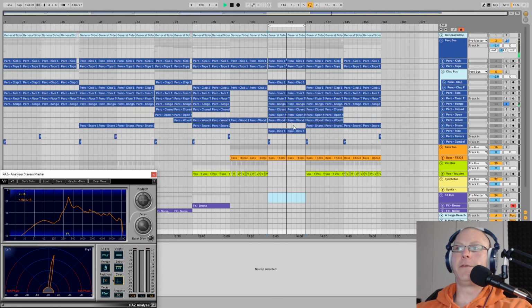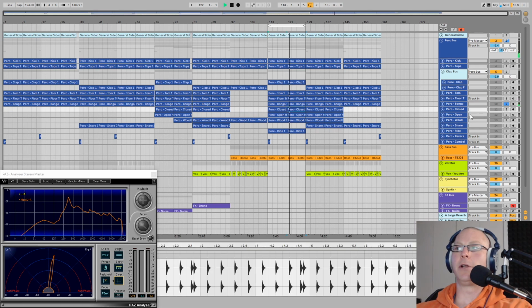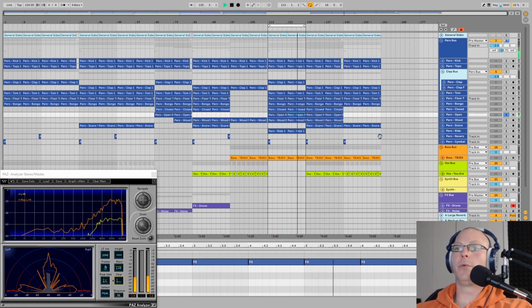I have a few different hats involved here. I have a closed hat, which I've decided to keep fairly mono, and an open hat, which I've really widened out. And then as well, I have a ride here, which I felt textured more a little underneath this open hat. So it's not quite as wide as that open hat, but if you put the three together,